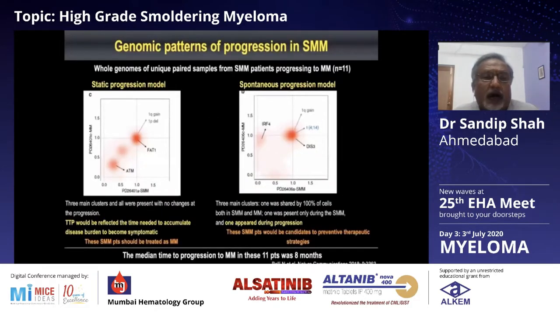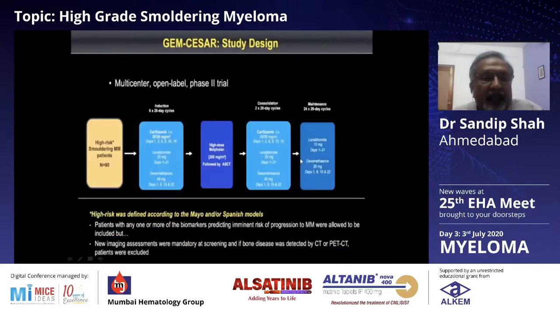And this is how to treat patients. There are two models of progression. Either there is static progression or there is spontaneous progression model. In spontaneous progression, there is new appearance of mutations, while in static progression model, the same mutations are continued. And these patients should be treated with curative therapy, while these patients are treated with a preventive mode of therapy. And these two trials, GEM-CESAR was a multi-center open label phase 2 trial where they have tried to